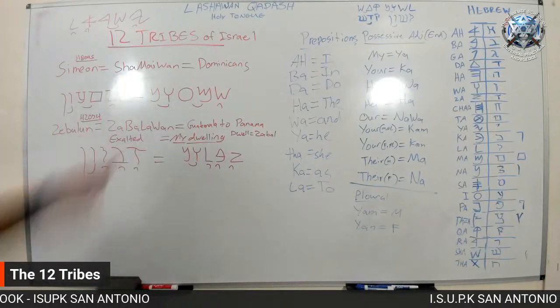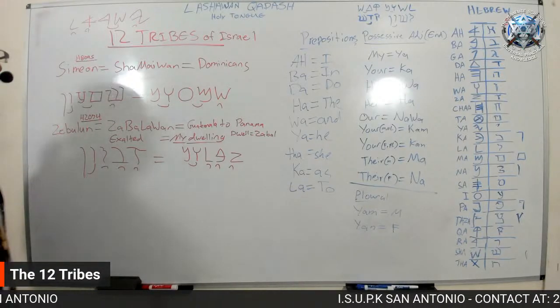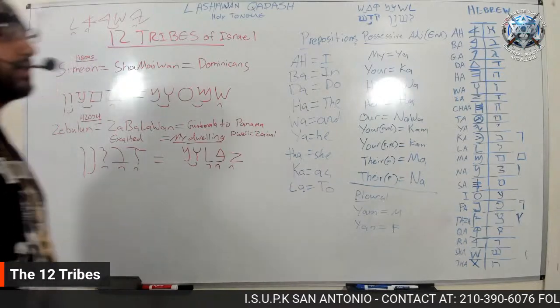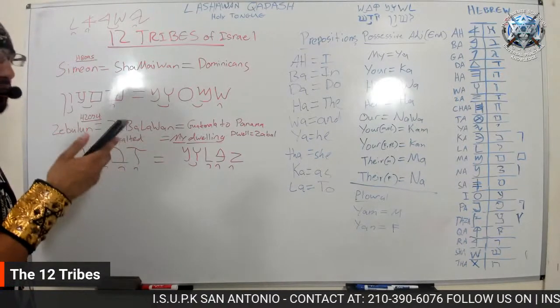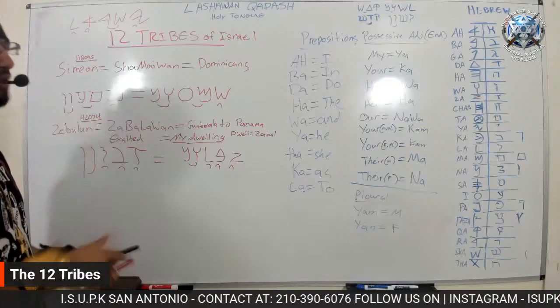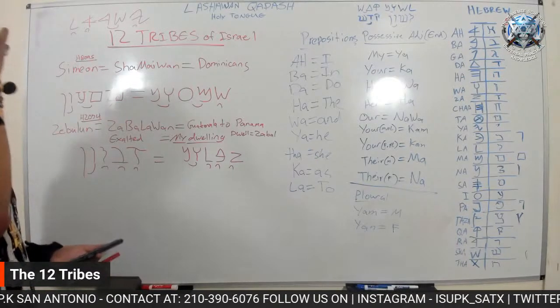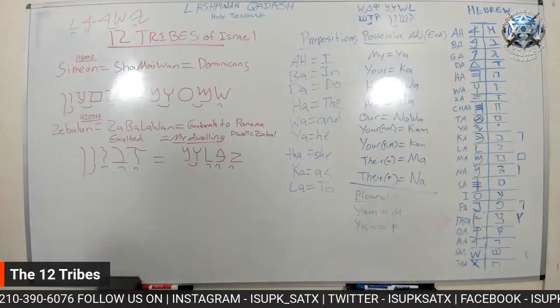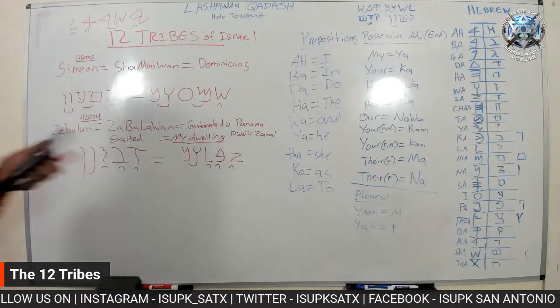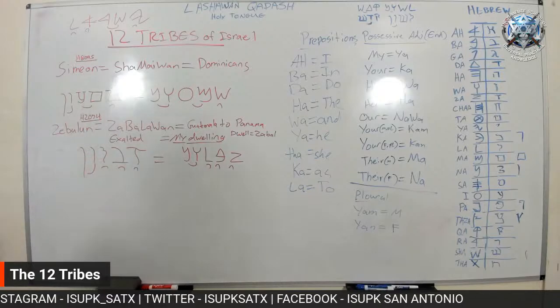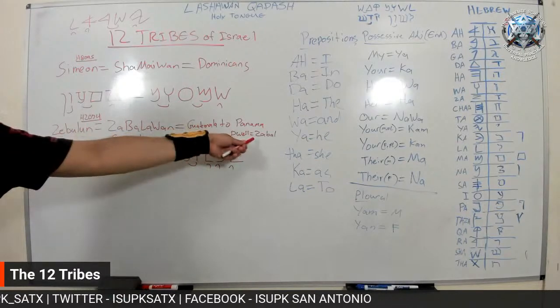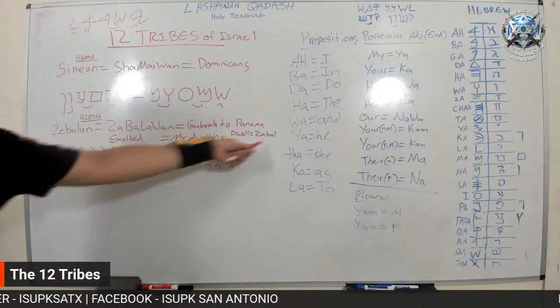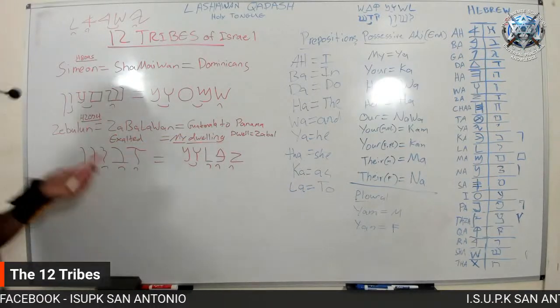So because of that competition that occurred, the Most High had to intervene and then go ahead and bless Leah with more children than Rachel. I believe that this may have occurred before she even had one child, if I'm not mistaken. And so Zebulun, again, means my dwelling, which also, when you look at the word dwell, which means Zabal, that's how it's pronounced. Let me actually write that.